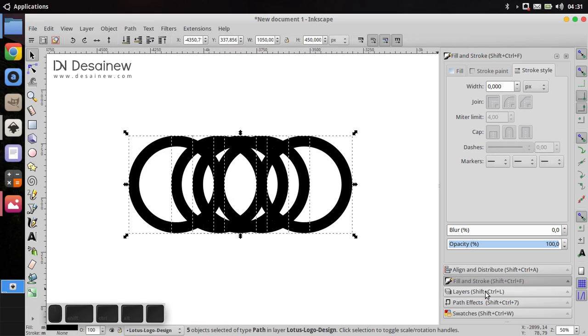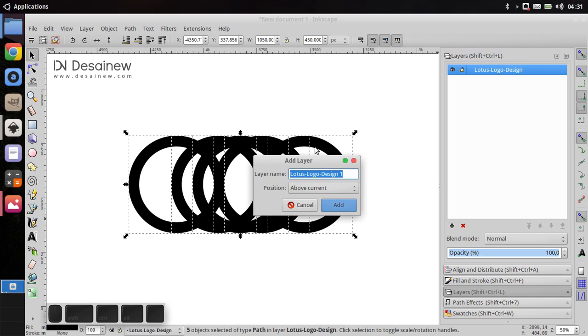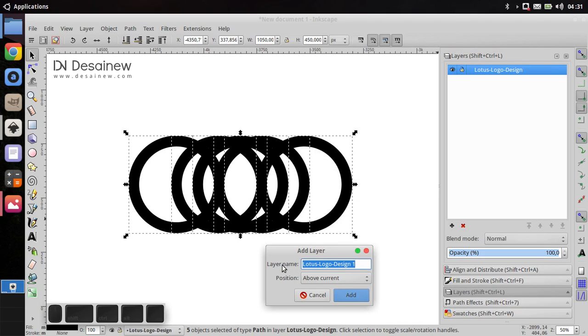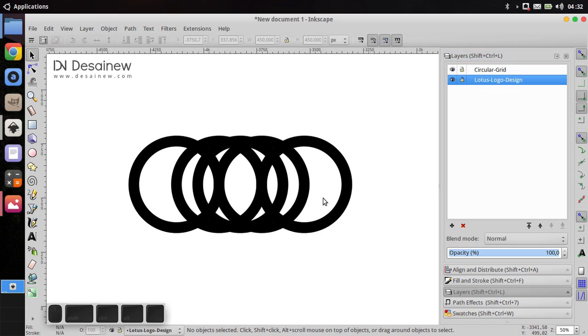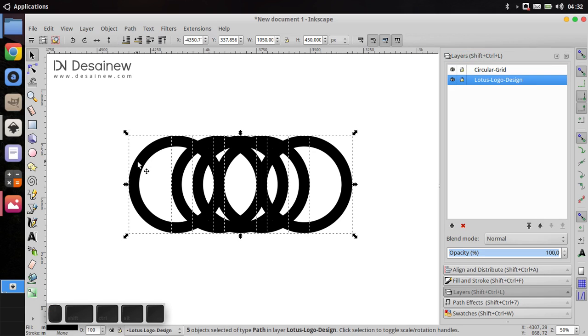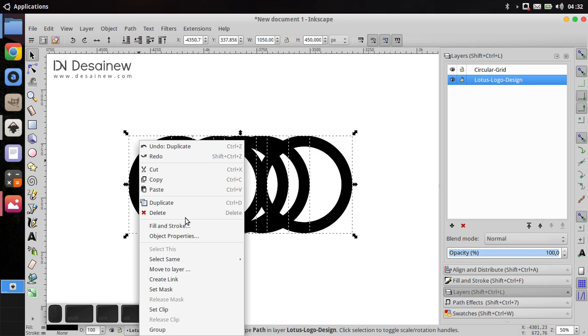And then open the layer window. Here we create a new layer, and for the layer name we fill in circular grid, and then click add, like this, and select all of the objects like this, and right click and choose duplicate, and then right click again and choose move to layer.